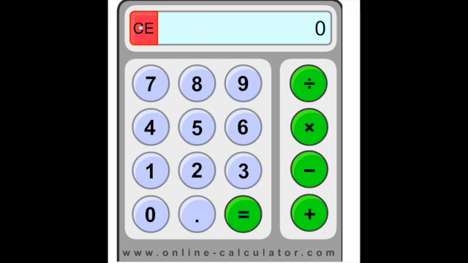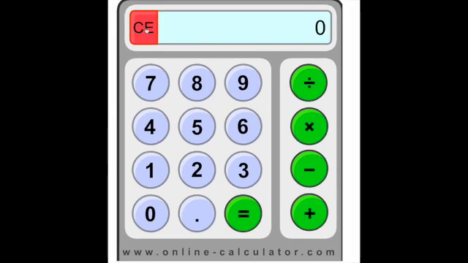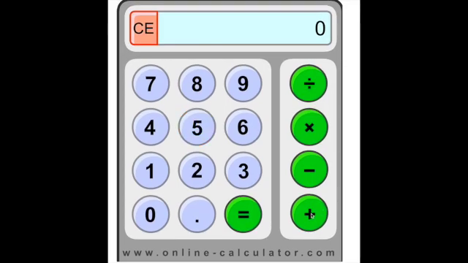Okay, so now we know that calculators can count up by ones, but they can also count up by other numbers. I want to make sure my calculator is clear, so it shows a 0 here, and I clicked this CE button, or the clear button, to do that. Now, let's say I want to count up by 2's. Okay, I'm going to press plus 2